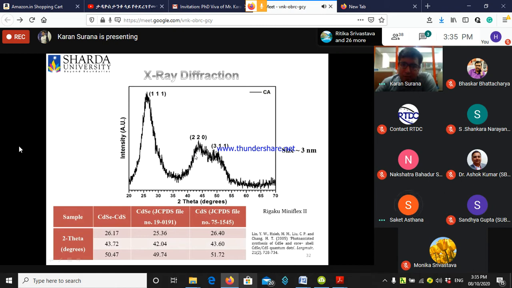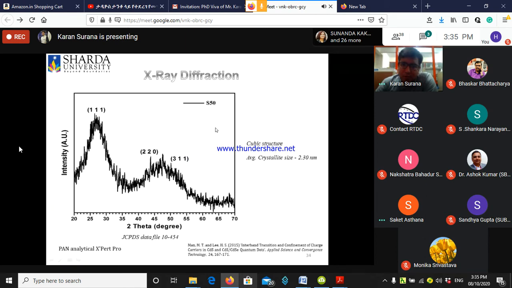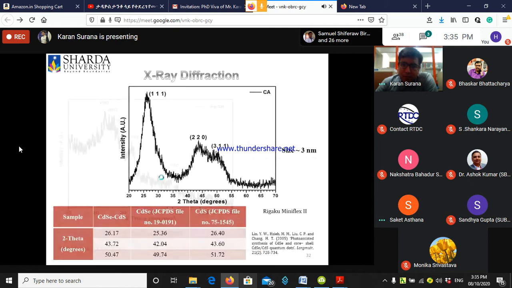Sir, actually, I'll show you another one. This is also of CdS, this is of CdS quantum dots. So how did you index it? Sir, splitting of peaks is also observed in the CdS. In core shell quantum dots, the peak splitting is there. I checked in references also. Two peaks are observed.